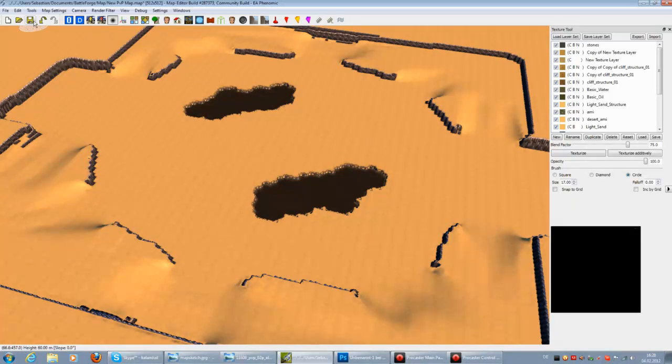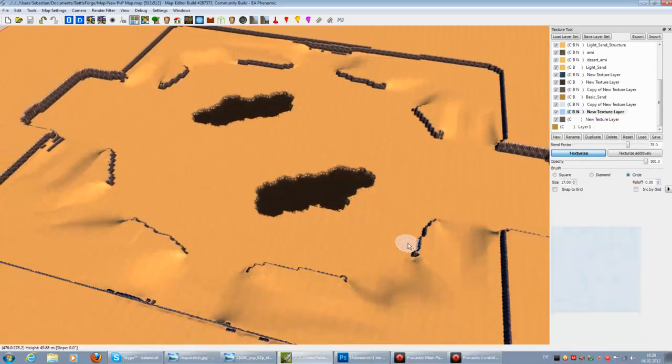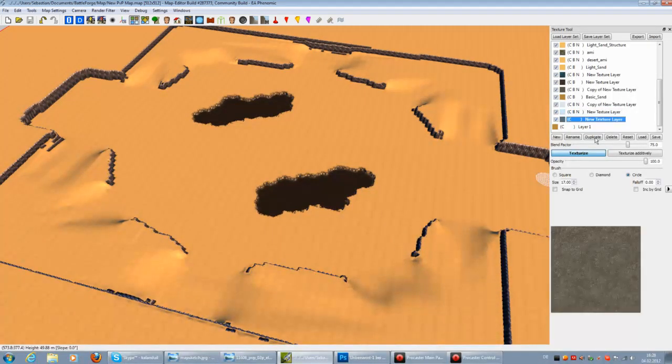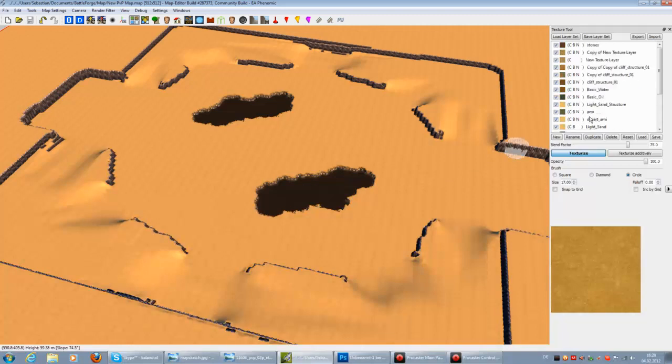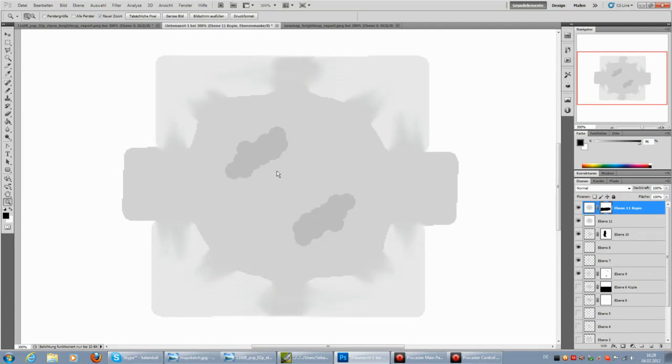Okay, so save it again, and here we have the layers in the layer set. Now, first of all, I will change. Oh no, I won't change the basic ground. I will add cliffs. So to take the textures for the cliffs, I will